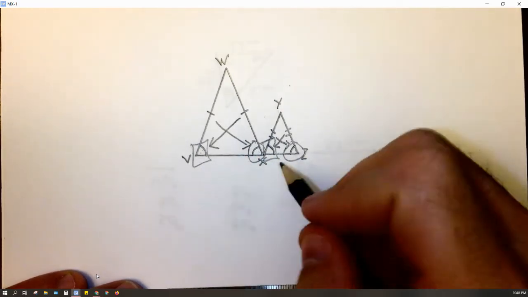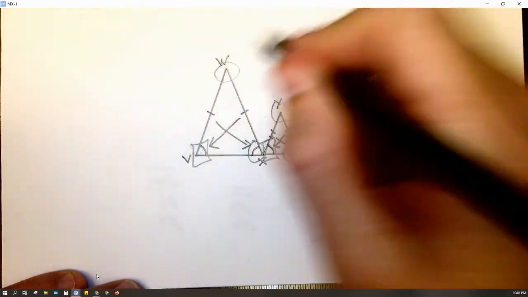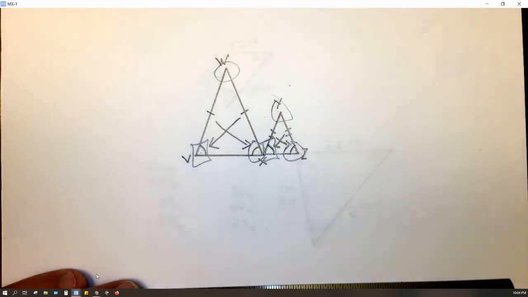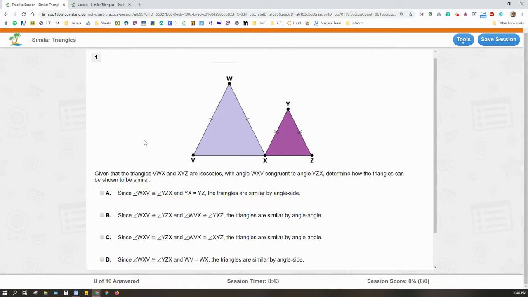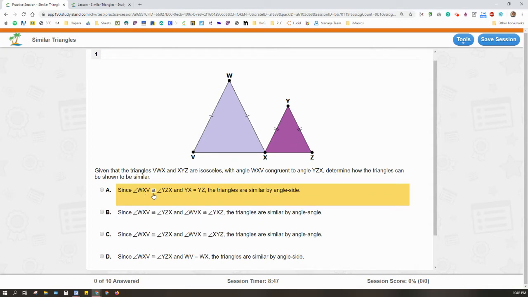And as soon as we find two pairs that are congruent to each other, it's given that the last one has to be congruent to the last from the other triangle, and then you have all three angles congruent, and you have similar triangles. So now we go back to our problem and we see which one of the statements follows the logic that we just used. A says, since WXV is congruent,